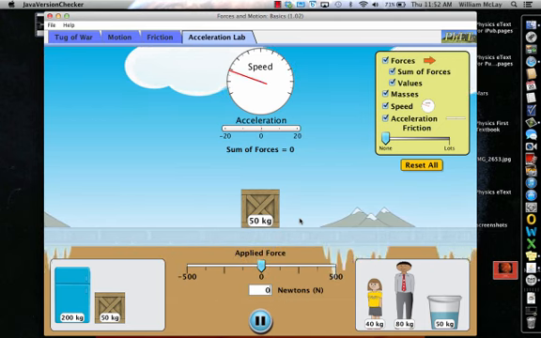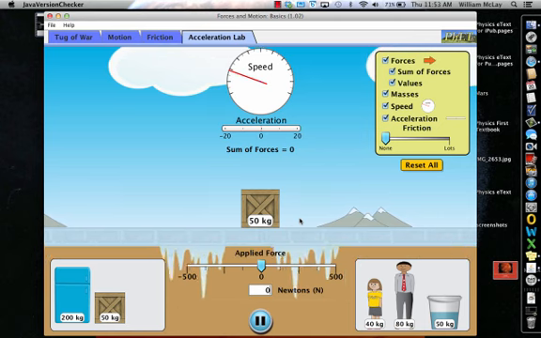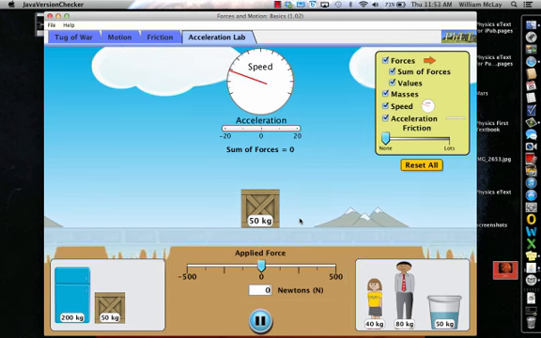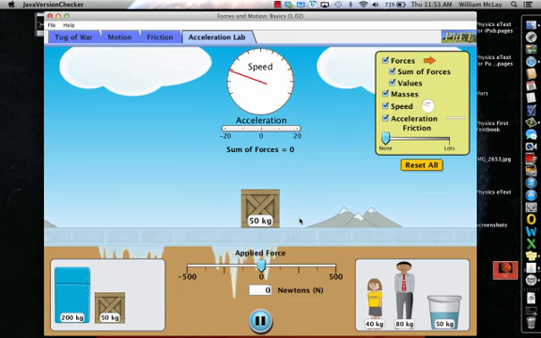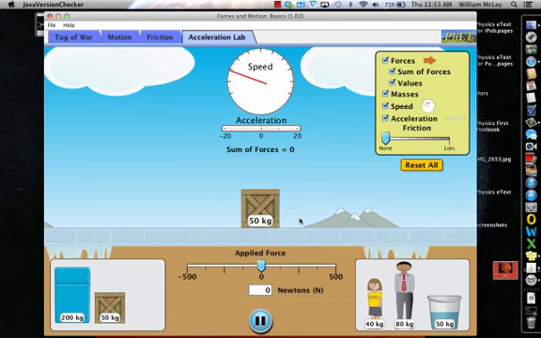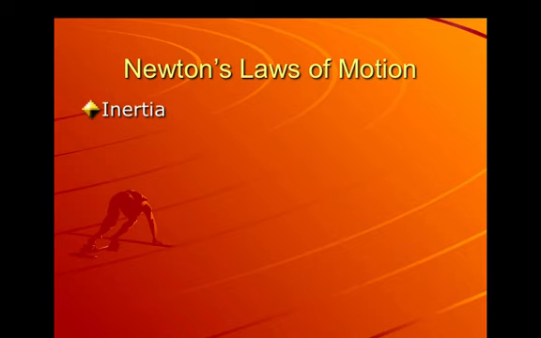Basically what Newton was saying is that when it came to the idea of force, being at rest and being in constant straight line motion are exactly the same thing. And that's what we're going to find out as we do things here. But what about this word inertia? What does it really mean?